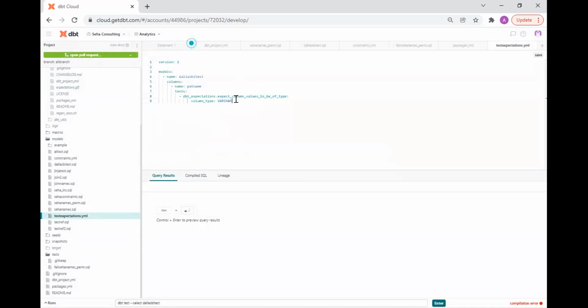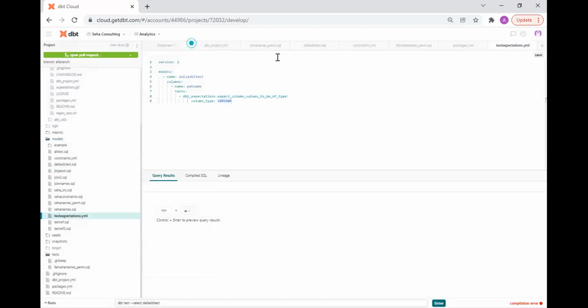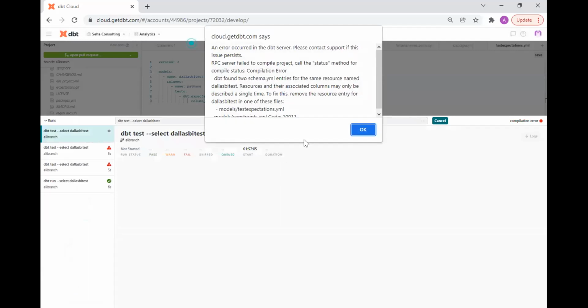So as you saw, this pat name column is a varchar. So this should not fail. So if I do another test,